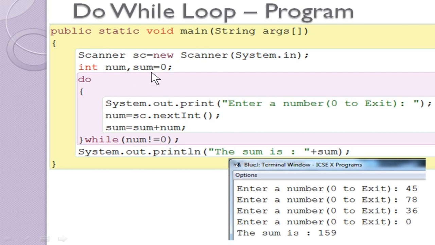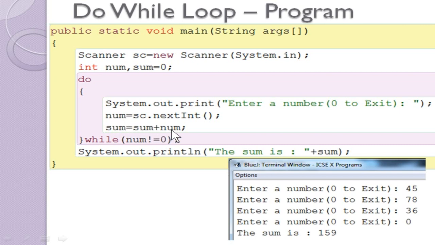Now you are going to see the program. You have a num to store the input, and then you have a sum to store the sum. Now enter the number 0. If you press 0, it will stop the execution of the loop. Until then, these statements keep on executing, so it will keep on asking you for the input. So num will be the input. That is, nextInt will be the input statement. You will get the input from the keyboard and it will be stored in num.